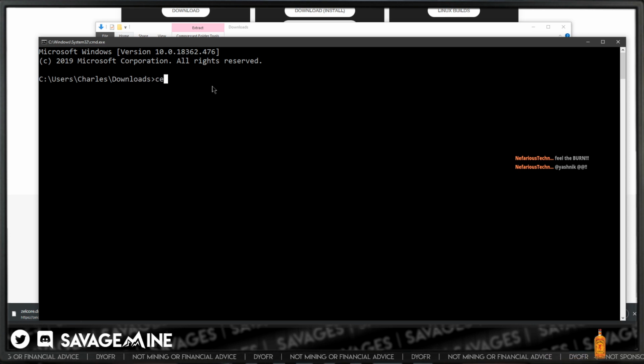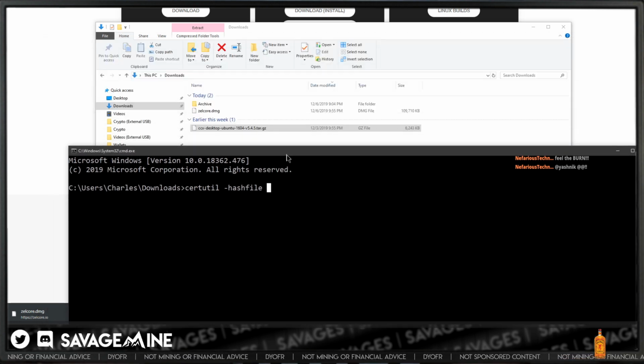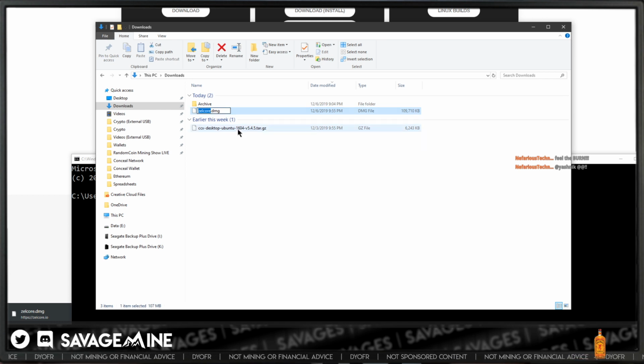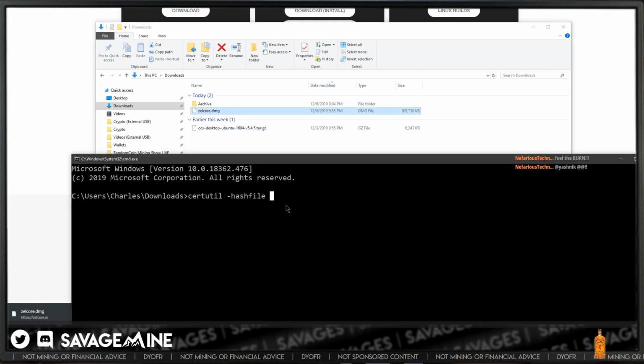And in this case, because we're using a command prompt, we're going to go certutil -hashfile, and then the file name, which is, go over here and copy this. I think I'll be able to paste it in there. Oh, that's the wrong one. See, that would produce an error if I had done that one. So I'm going to grab this file name in there, and then it's SHA-256. We know that because the website told us, right?